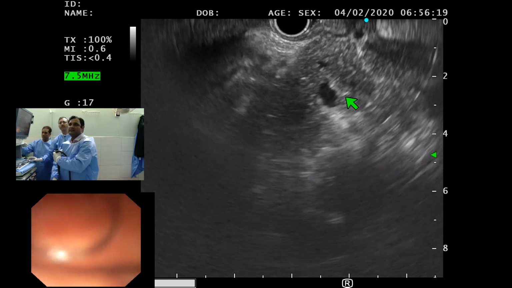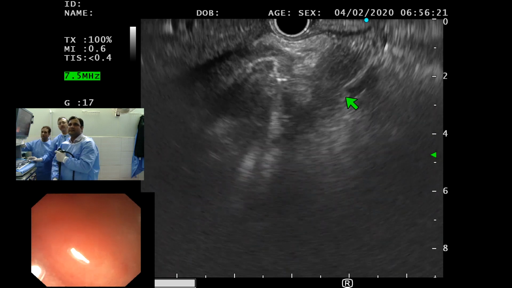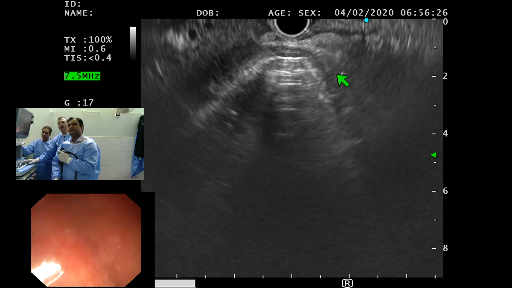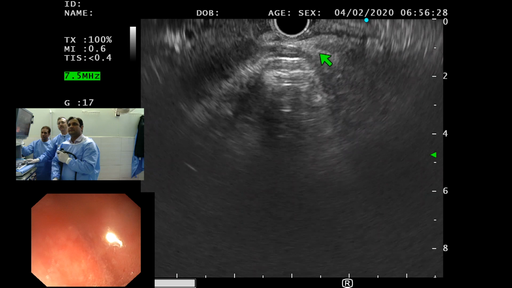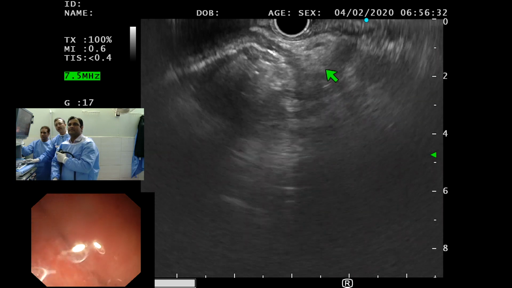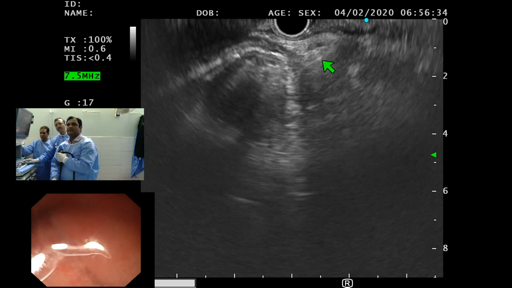Go back, because basically we are interested in the lower end of the CBD. Now you can see things better. Yes, good. Trace it all the way down to the head of the pancreas.